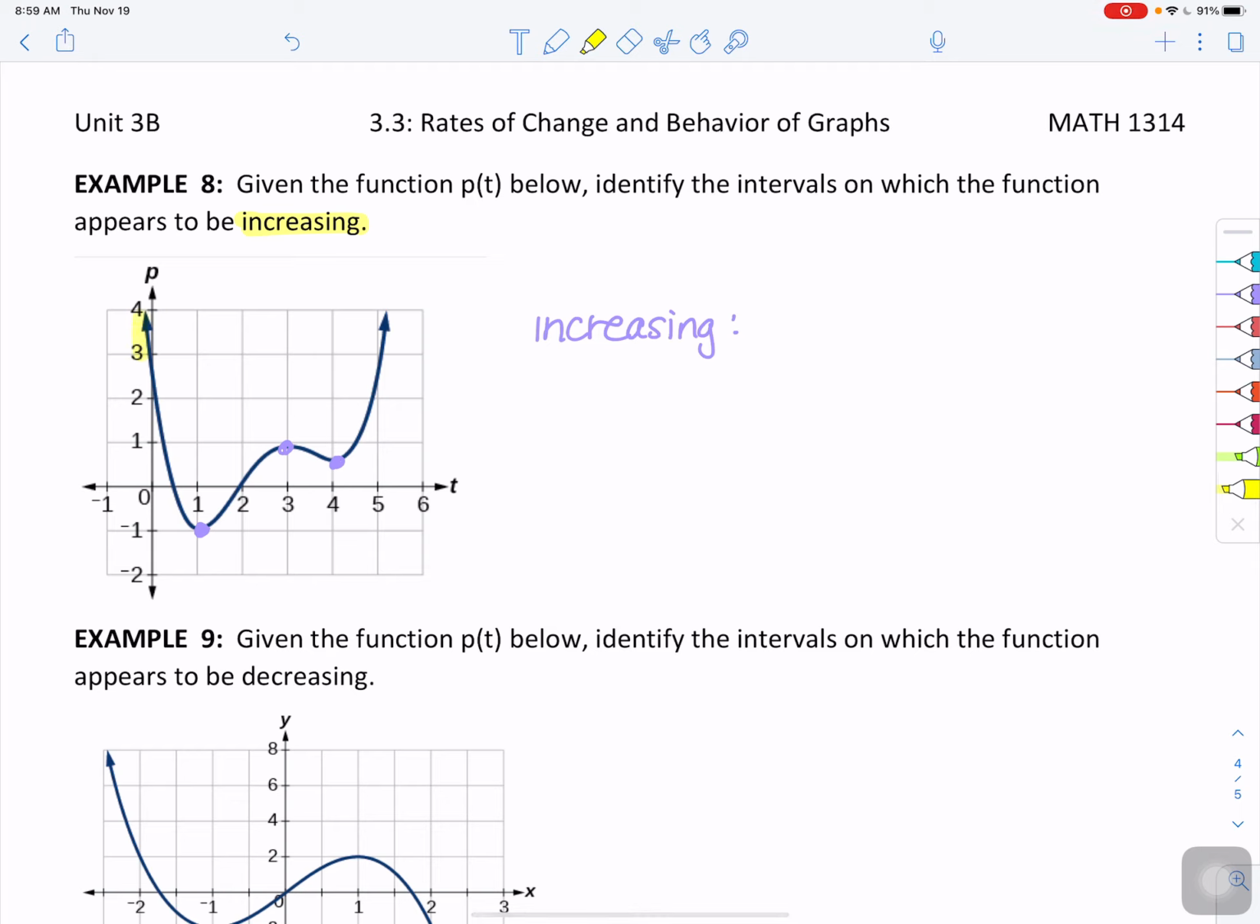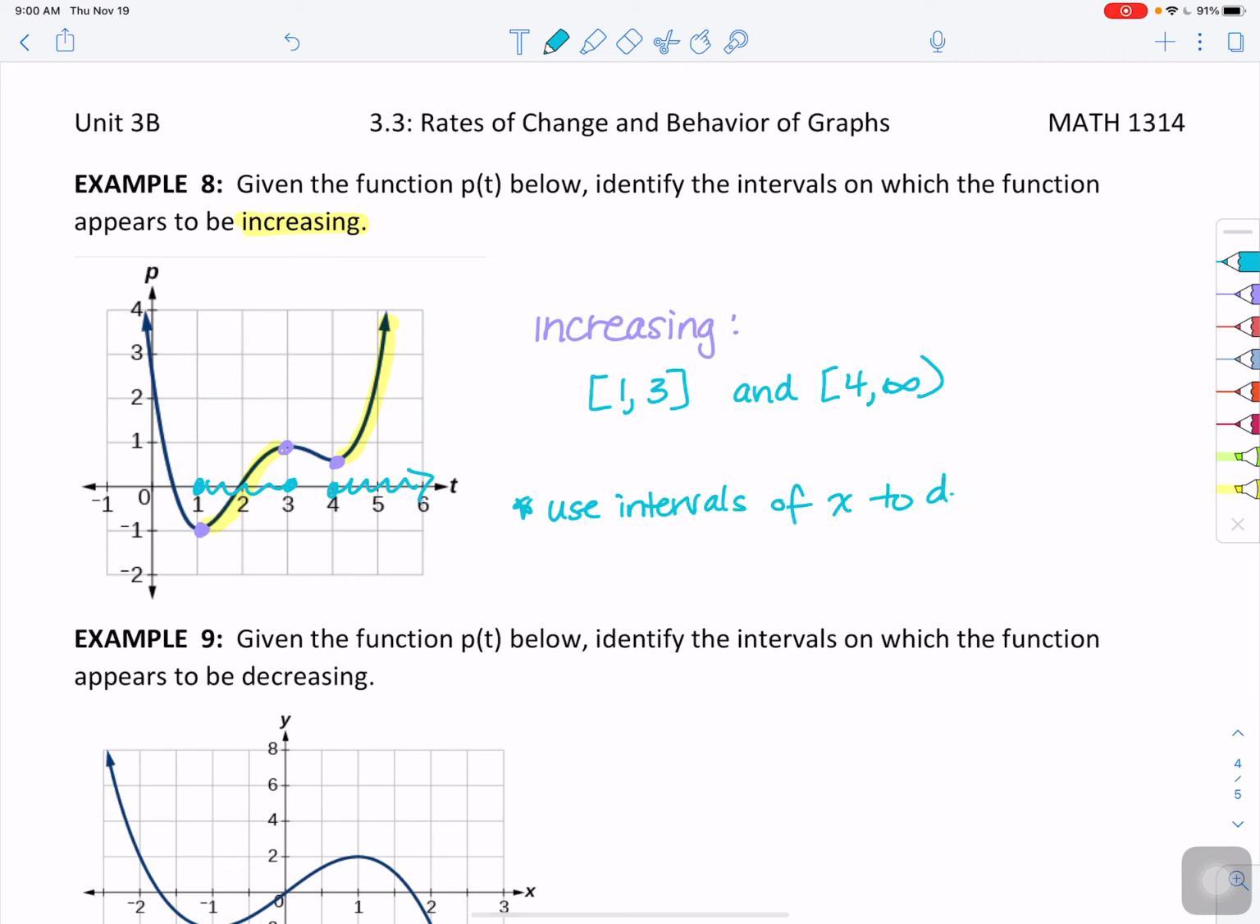So I'm decreasing here, so I'm not going to write anything, but I am increasing here. Decreasing there, but increasing there. So let's write those intervals. We're increasing from 1 to 3 and from 4 to infinity. Okay, 4 to infinity and from 1 to 3. That's what we're describing. We're using x values. We use intervals of x